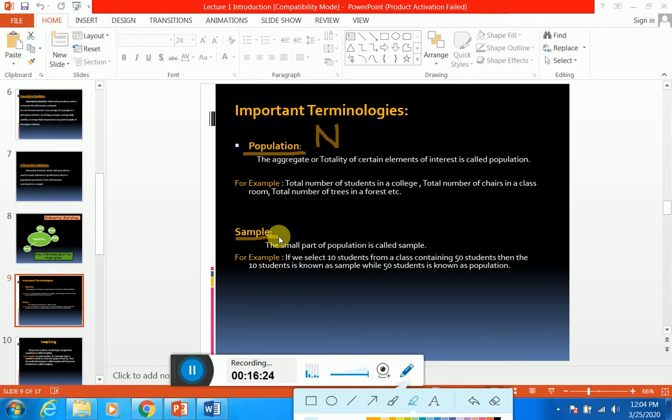What is a sample? The values taken from the whole aggregated values, such small pieces, are known as a sample. So a sample is a part of the population. These small parts which are taken from the population are simply known as a sample. So a sample is a part, portion, or subset of your population.